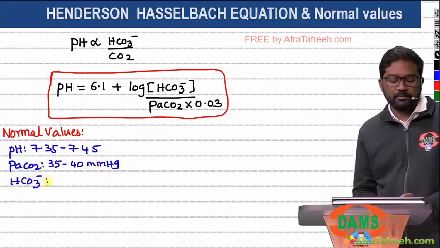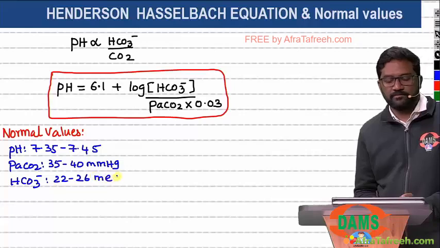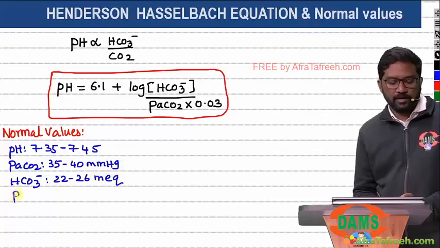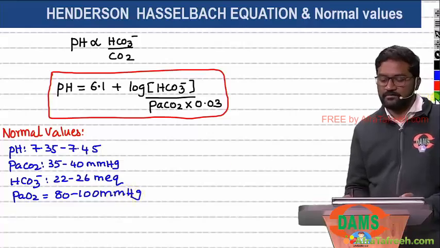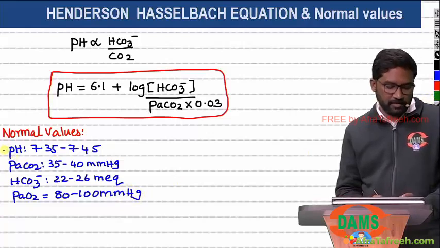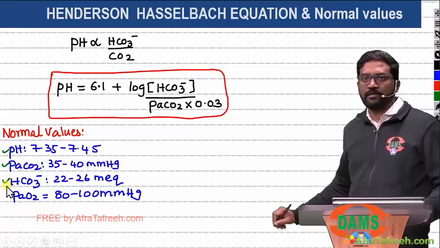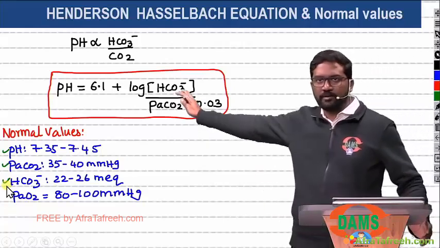Bicarbonate 22 to 26 milliequivalents. And also you will have another value in ABG, arterial oxygen 80 to 100 mmHg. But for ABG analysis, most important will be pH, PaCO2 and bicarbonate, because these three values are primarily present in